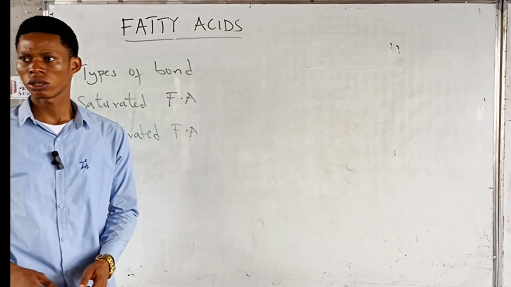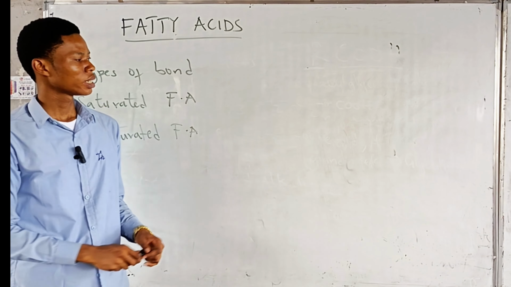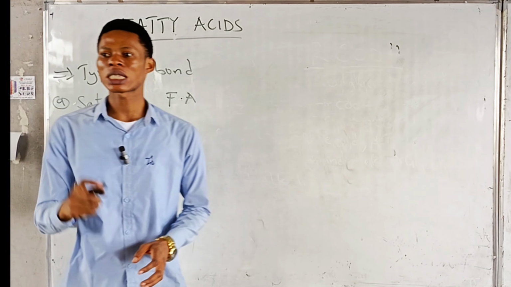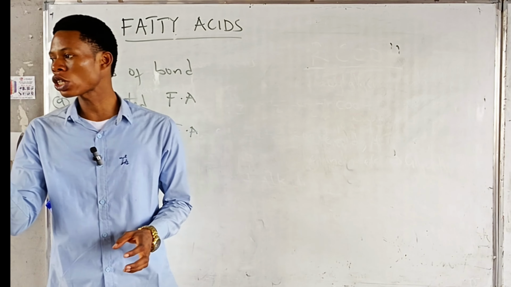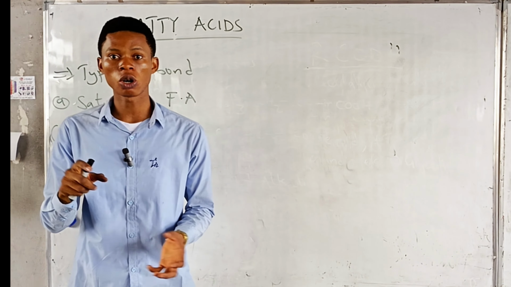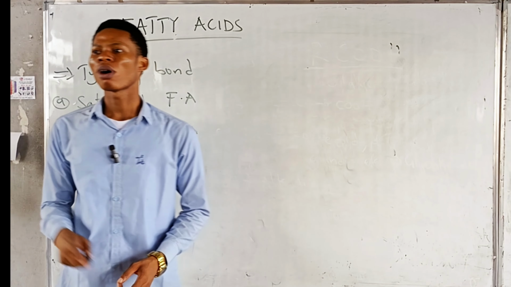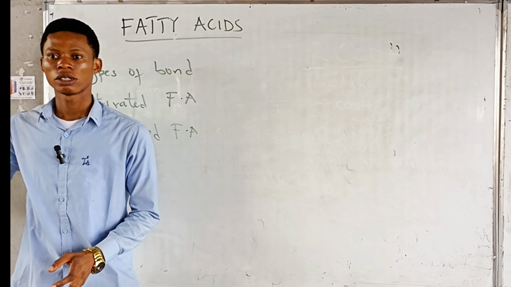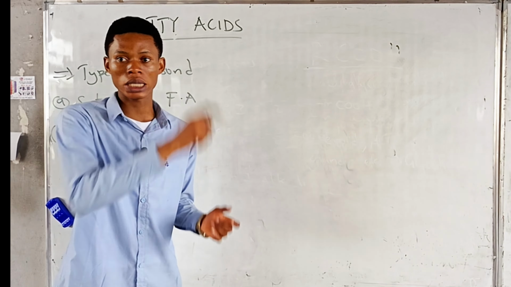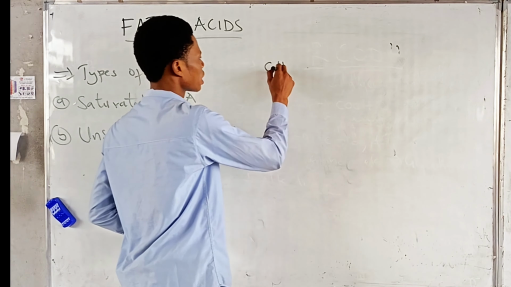Now back to chemistry. When they say this compound is unsaturated, what does it mean? There is a presence of what? Either a double bond or a what? Or a triple bond, right? Good. But if they say a compound is saturated, it means single bonds throughout, right? So if you have this fatty acid here,